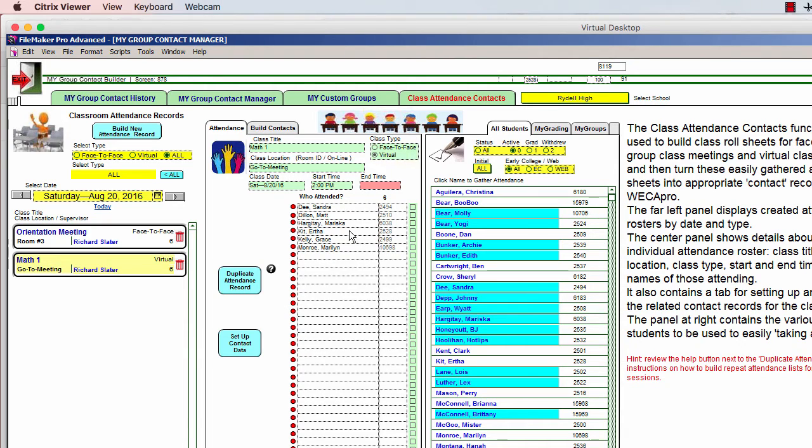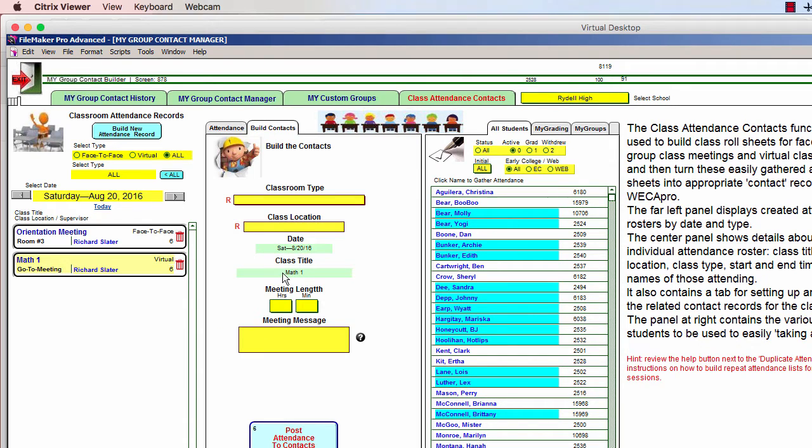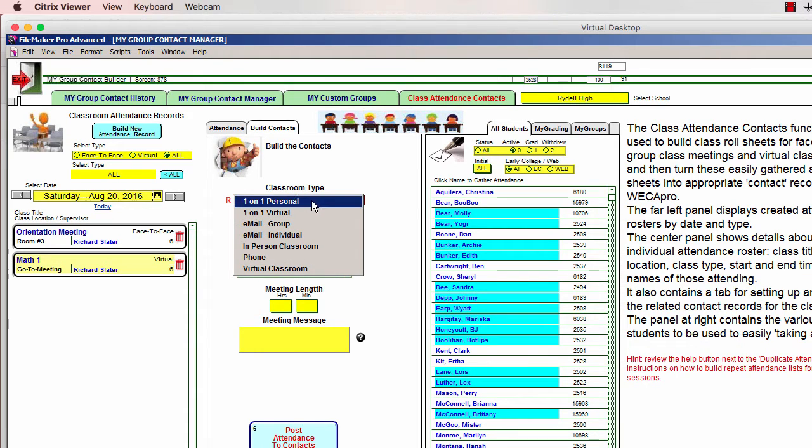Now, once you've gathered the names of the students that are there, and you've entered the ending time for the meeting or class here, then you are ready to quickly set up the contact data so that you can convert this attendance sheet into individual contact records for these students. So to set up the contact data, click on this button. Enter a classroom type. In this case, we're going to say that this is a virtual classroom